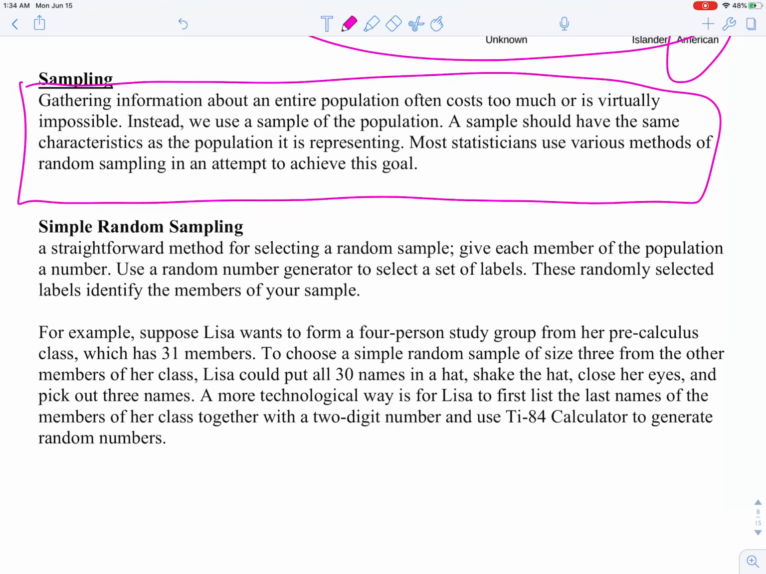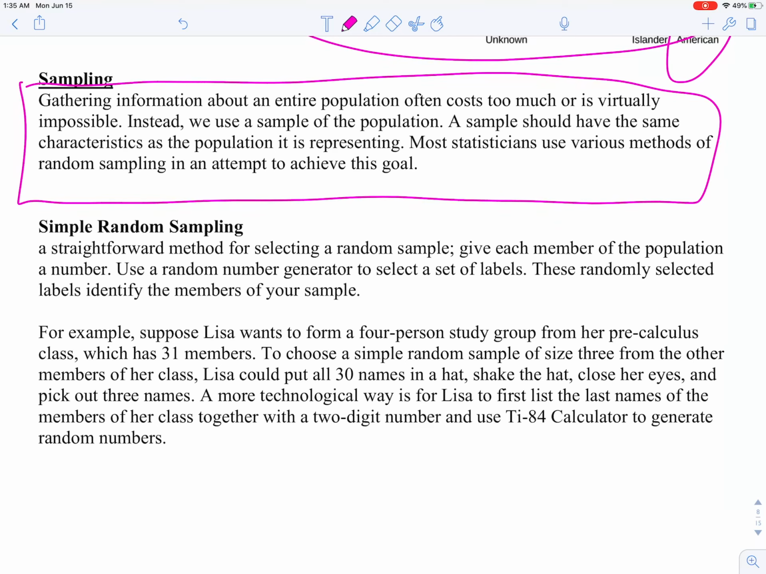All right, so simple random sampling. Simple random sampling is a straightforward method for selecting a random sample. Go figure, right? So here's an example. Give each member of the population a number. Of course, this would be for smaller populations. Use a random number generator to select a set of labels, right? So a set of numbers. These randomly selected labels identify the members of your sample, and that's who would win, or whatever you're trying to